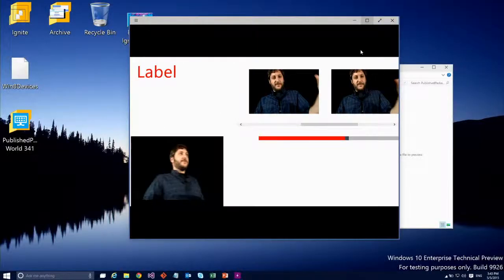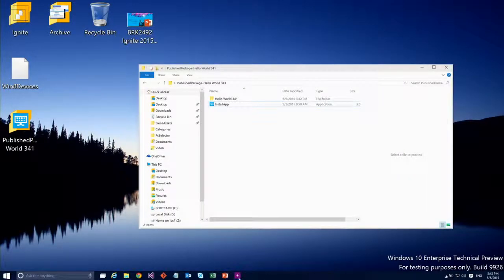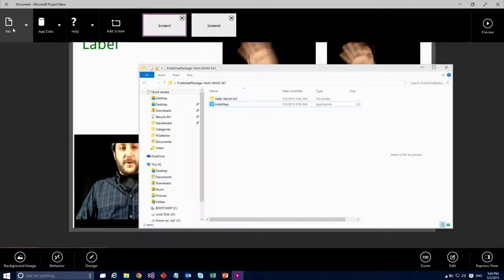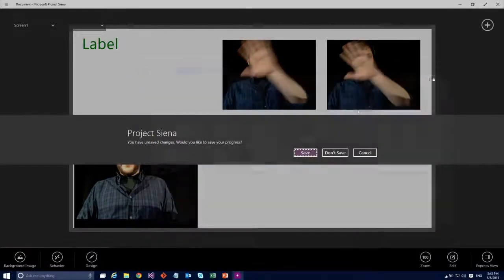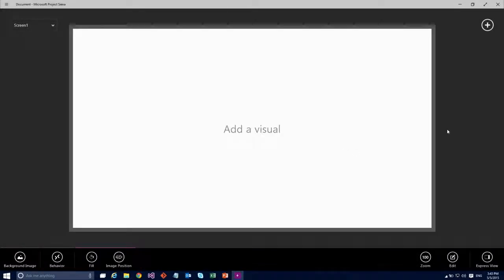So that's how quick and easy it is to actually build an app with Siena. Now, this is a bit of a nonsense example, but I want to show you one of my favorite demos here. Because if you're at your next cocktail party and it's kind of dying down and you say, hey, I want to show you this cool new thing at Ignite that I just saw, this is the demo you're going to want to do. Because I know just like you at home have a projector set up just like I do. So, of course, you can do this.